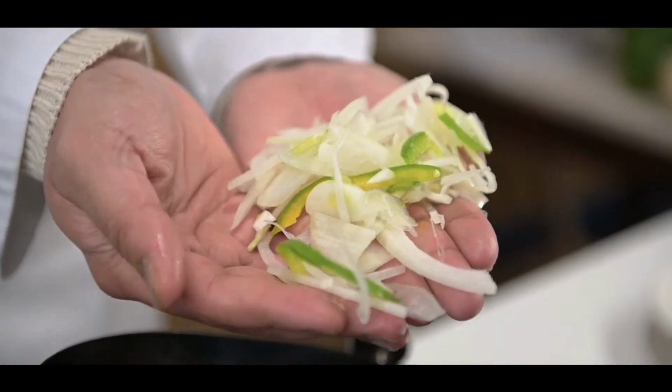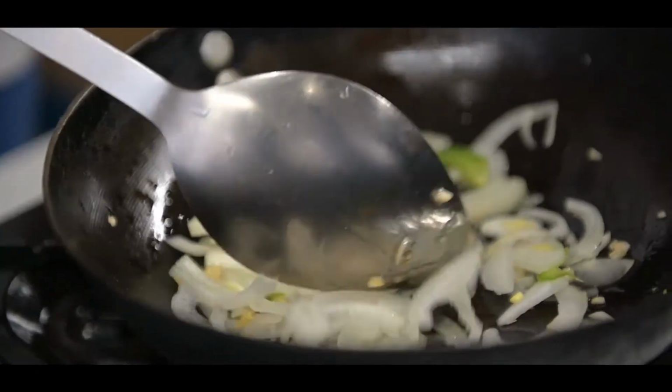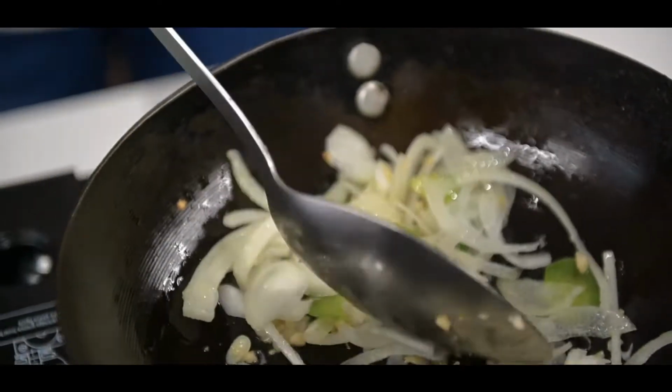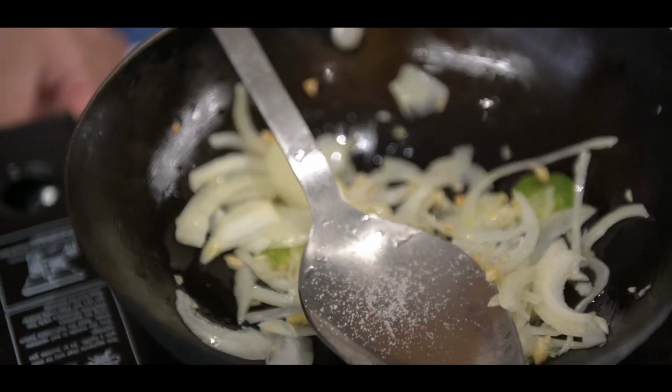You have onions and peppers, just cut onion and peppers. Put that in there. Stir it a little bit. Then just a pinch of salt. This will help to caramelise the onions quicker. And you can leave that on slightly slow